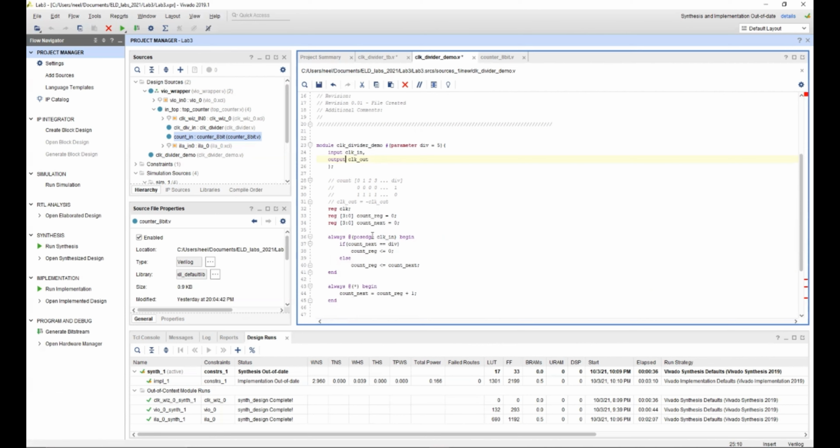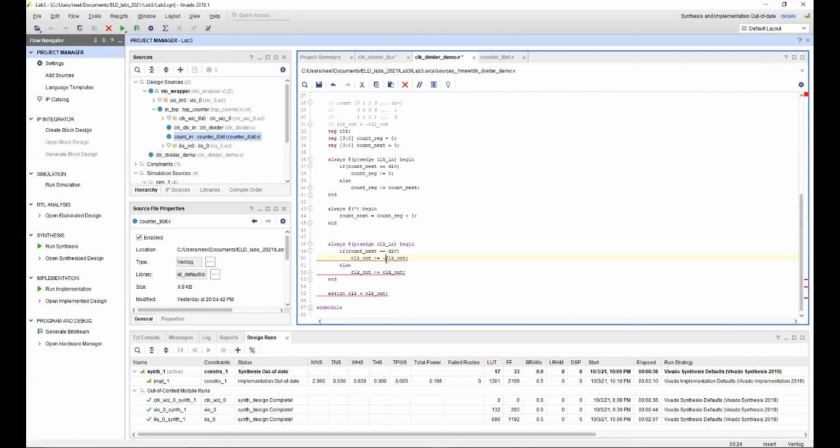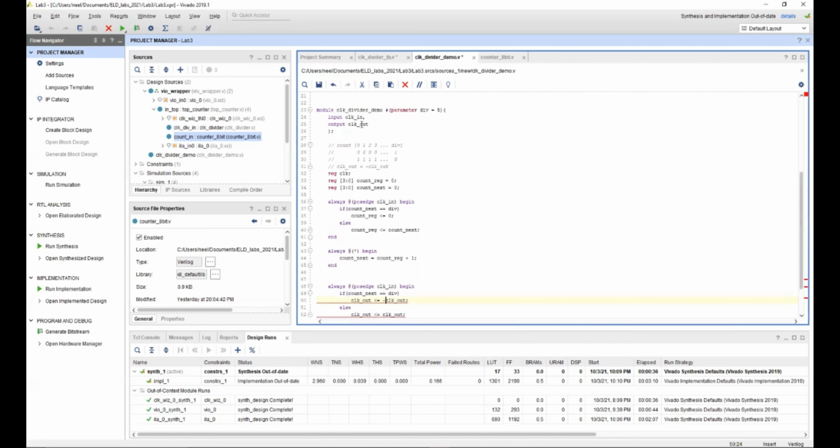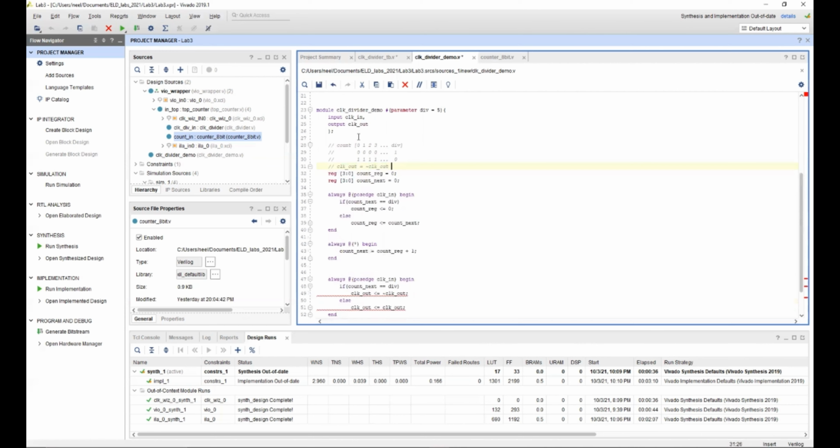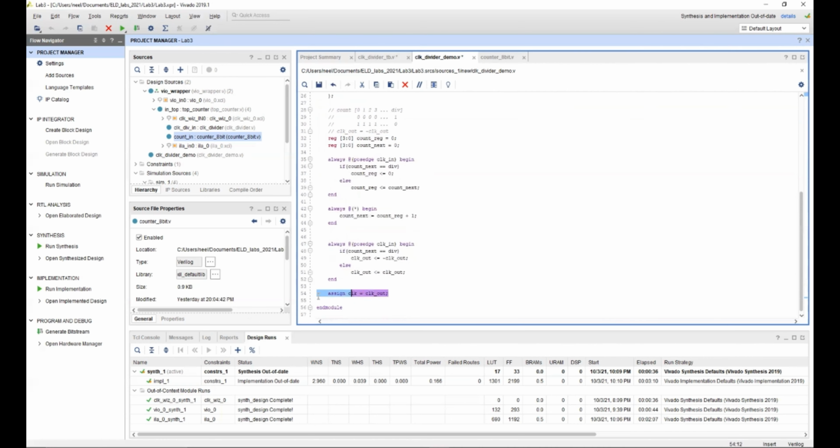But either way, whenever you make a register, you need to make sure that you initialize it, because at this moment the clock is not initialized. It is undefined, and just making a not of undefined will also give us undefined. So the clock output that you will be getting is undefined. To maintain consistency between this demo and our clock divider design, let's just make the reg over here. Let's make our output a register, and we can initialize this over here. Now this is rudimentary because this is unnecessary.